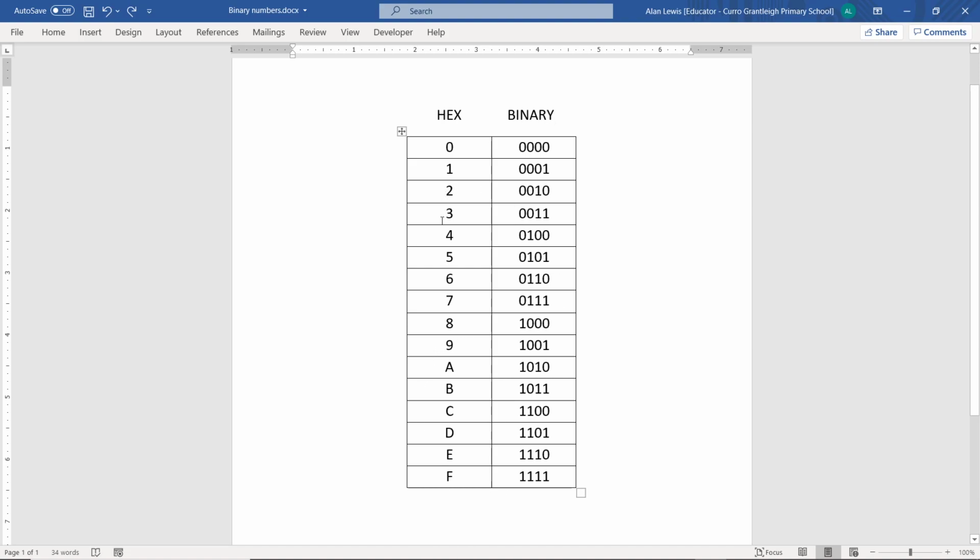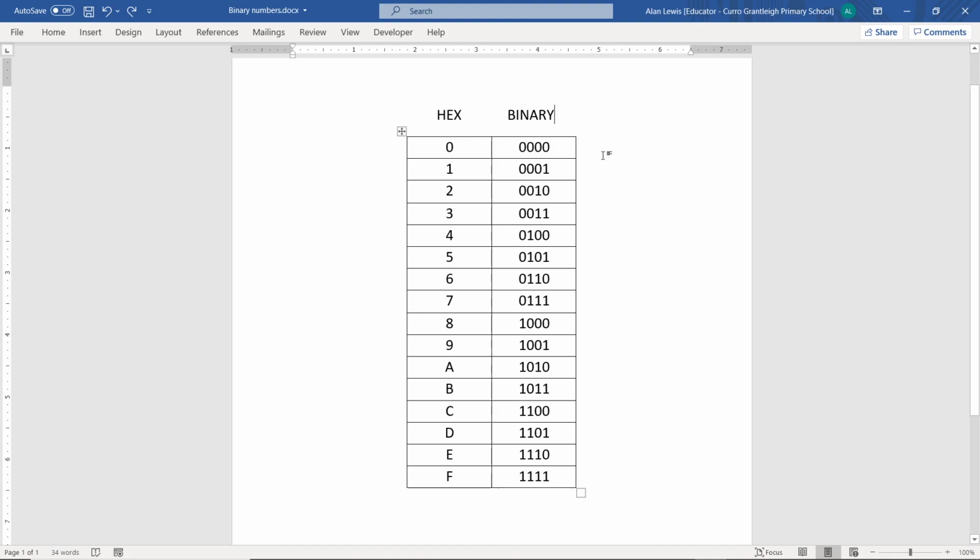And then what we've done is we've taken each one of these hexadecimal numbers, and we have written on this side its binary equivalent in 4 bits. So we have taken 4 bits and written the binary equivalent of each one of these hex numbers. Now, this is the clue about how we are going to do these conversions. We are going to use the fact that we can take each hex number and write it as 4 binary digits,